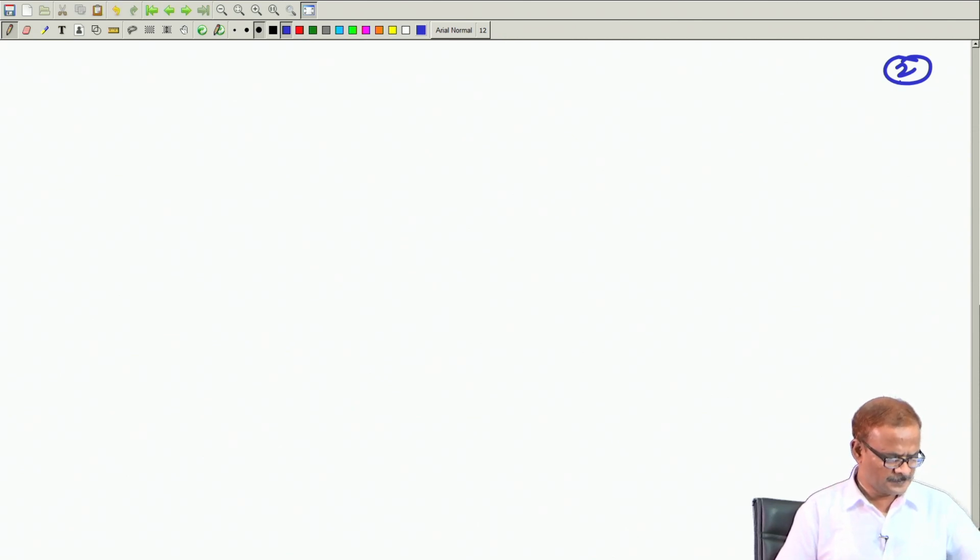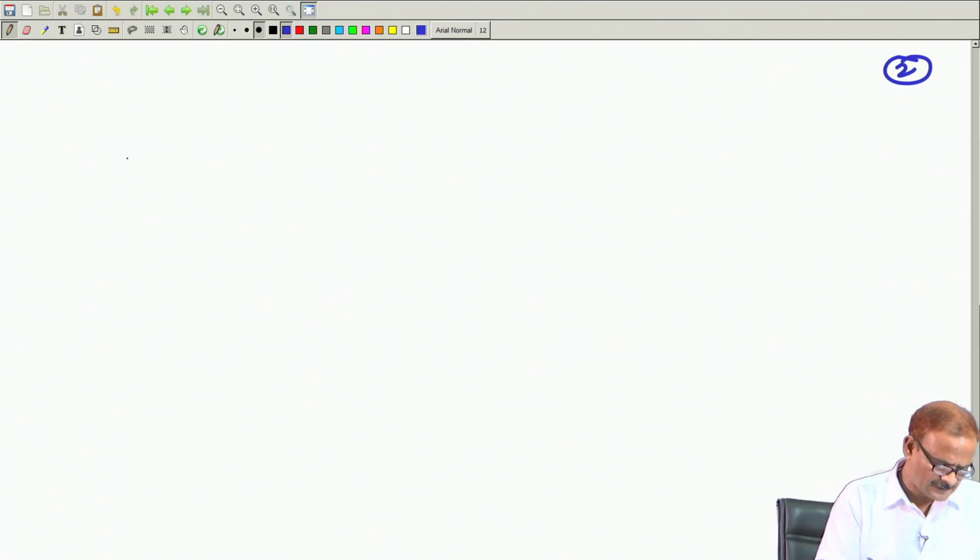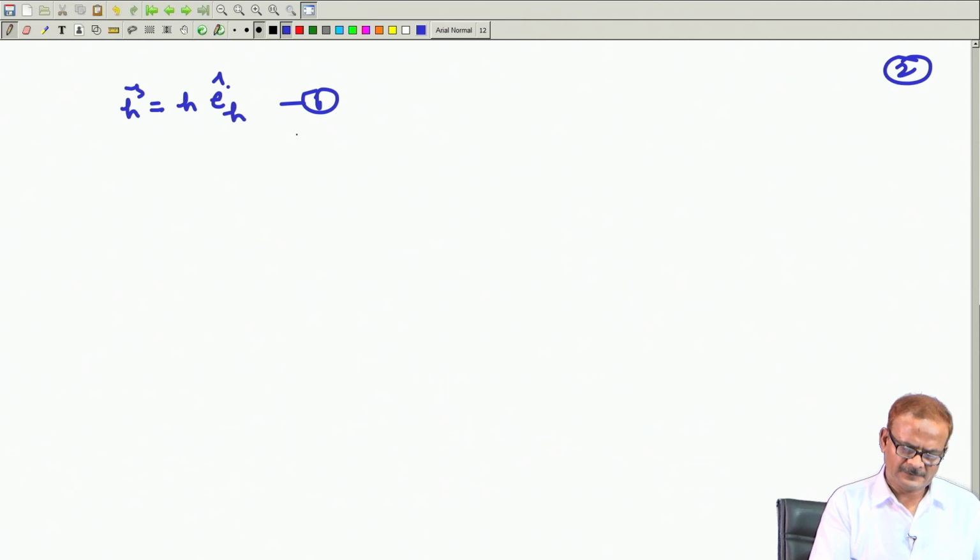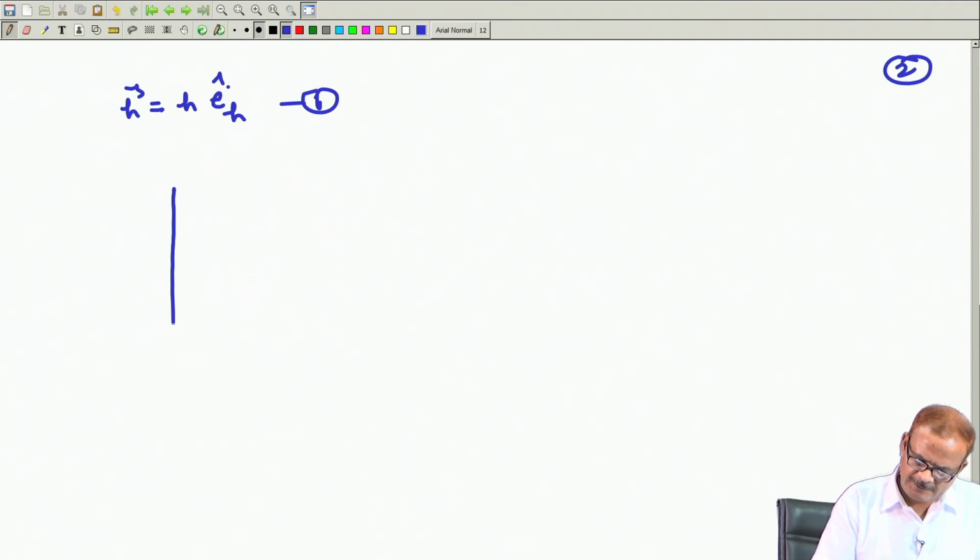Okay, so now I told you that we will do the same thing through the scalar method. Whatever we have done earlier is almost the same, there is nothing new in that, but still there are some possibilities to explore it further, so let us go through that quickly so that we are able to finish it in this lecture. So, H we are writing as H times E h cap, and already the equation for this we have written. Okay. Now, we need some diagram to work it out.